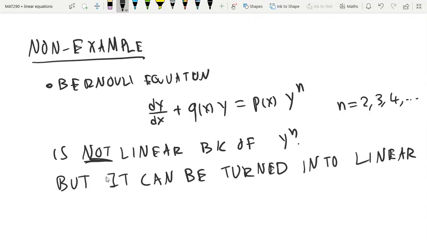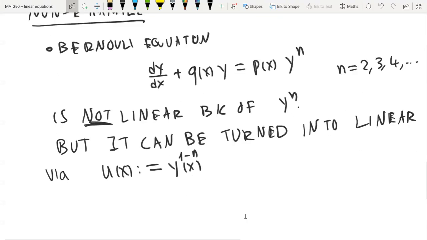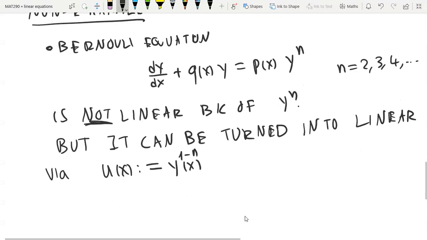It can be turned into linear via u(x) equals y to the n minus 1 of x. So if you do this substitution, let's say, for example, just to keep it concrete,